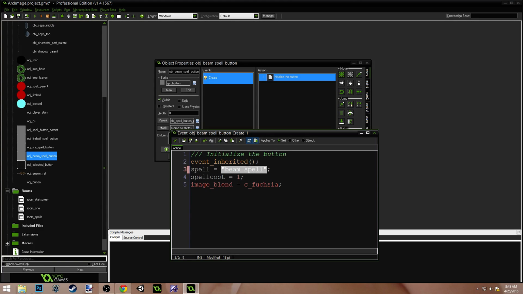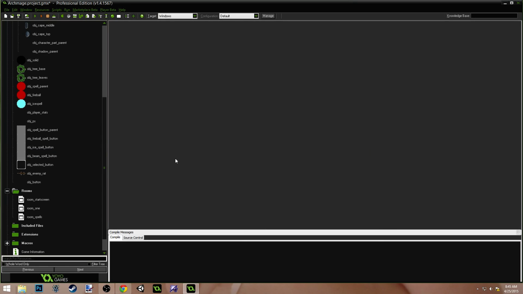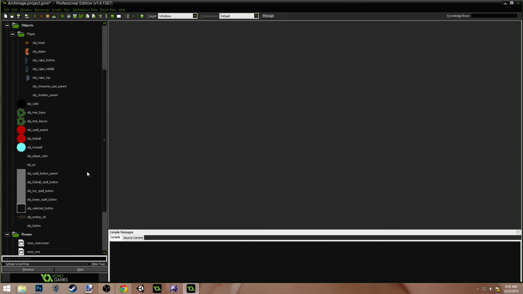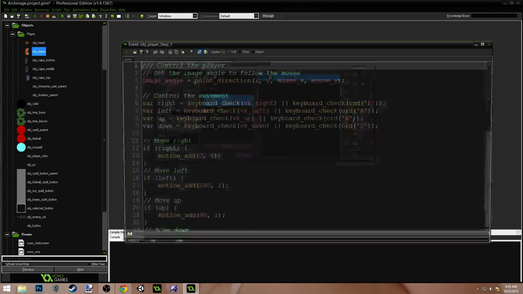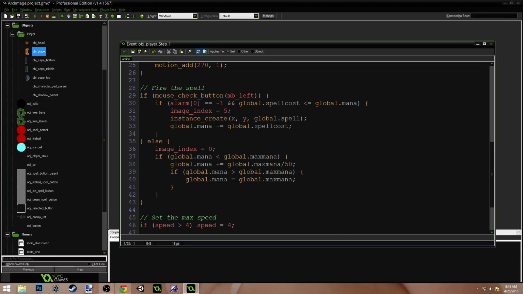And I'm going to copy this. And we're going to go back to our player. And we need to make our player smart so that it knows how to handle a string. Let's see, where's the player? Here we go. Go into the step event. So it'll give us an error if we try and create a spell that's a string. It might actually create something. I don't know, but it's not gonna be good. So what we need to do is we need to throw